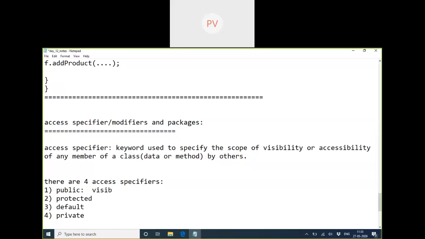Anything which is public inside a class is visible from anywhere and by anyone. Anyone can access this one. No restriction.